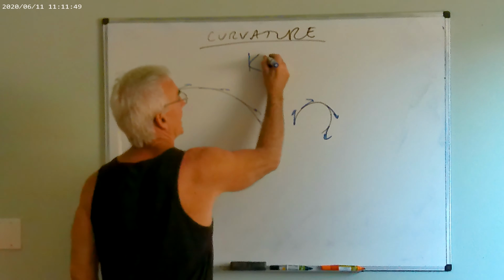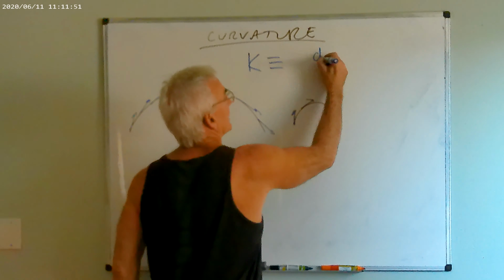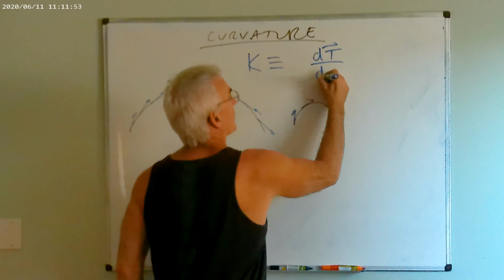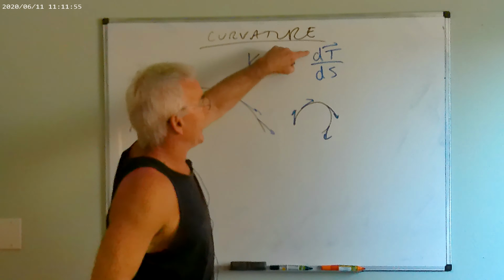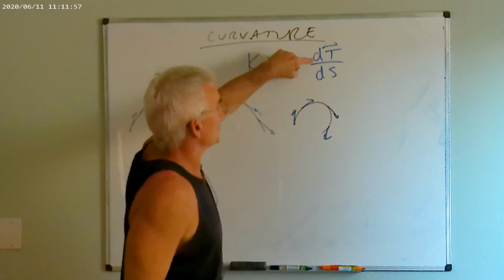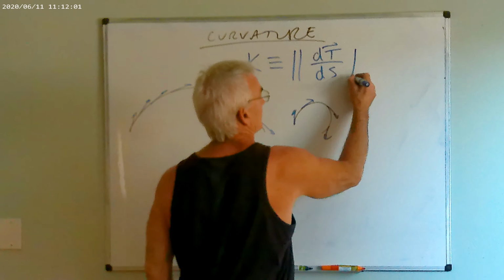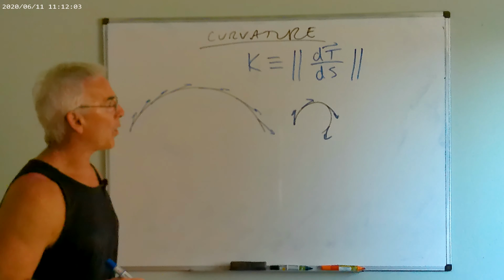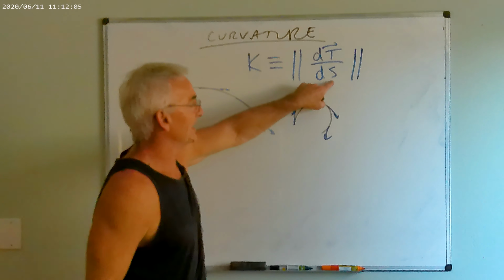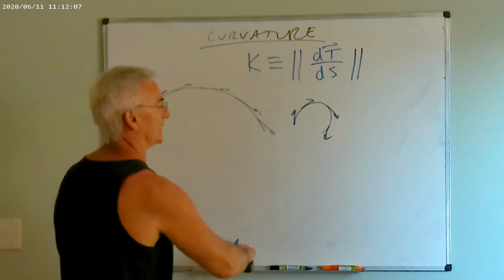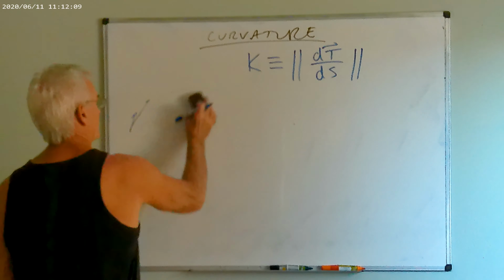So from this we come up with the definition of curvature. We use capital K. Think of the change in the direction of the unit tangent per unit change in arc length, and we want that magnitude. Now that's kind of a strange quantity because we don't usually use S as our variable here, we usually use T. So if we use the chain rule at this point,